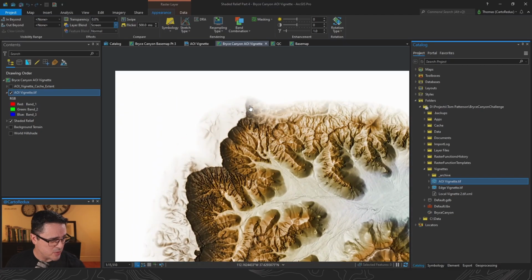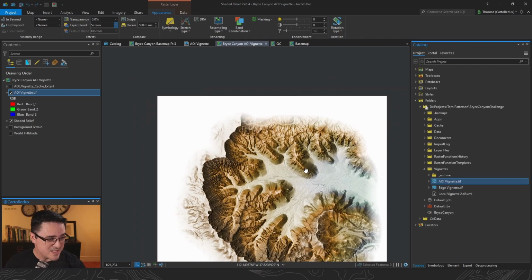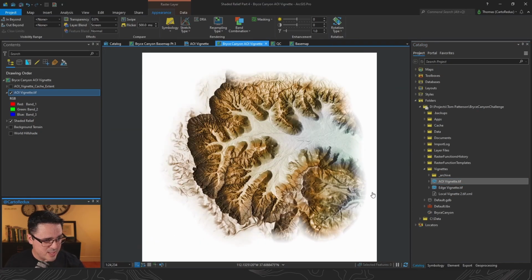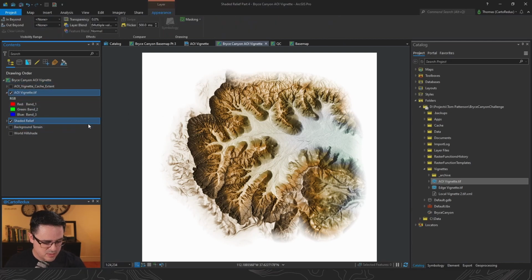It's holding up at all scales as we zoom in. It's not moving around on us. Perfect. And we're not seeing any of the edges of our data set. Right? So our vignette is actually completely covering our data set. Perfect. I'm just going to select both of these, and I'm going to hit Control G to group that,